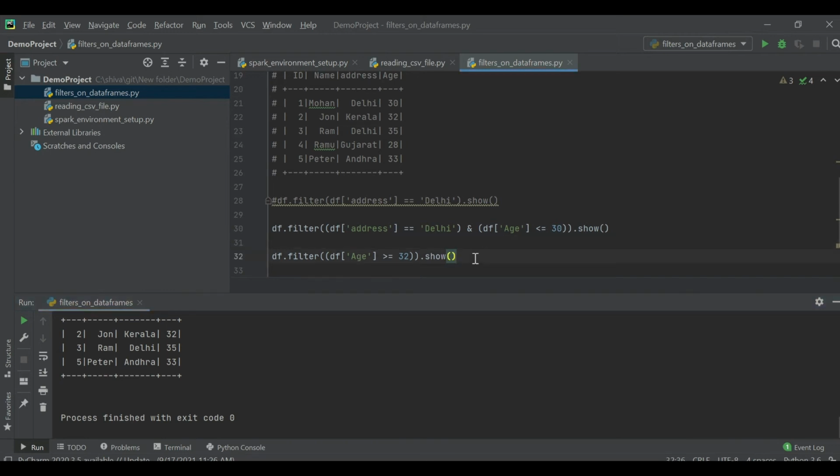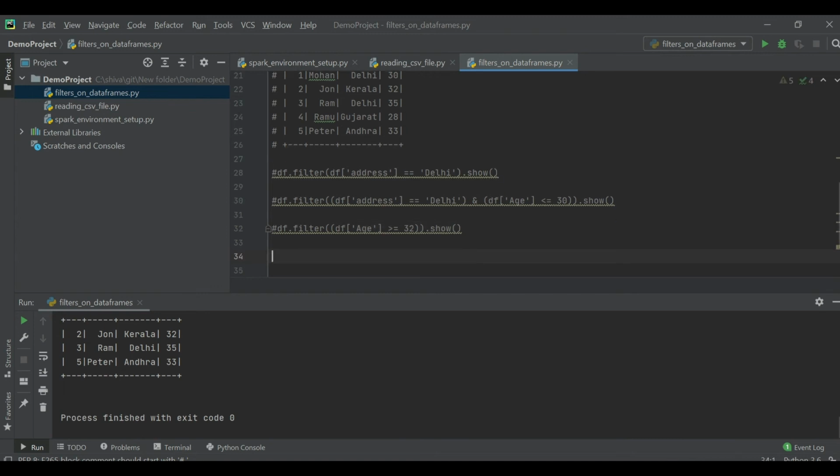So this is how we can put conditions to filter the data. This is the statement I'm using to show the data frame by applying this operation on the same data frame. Let me comment this to skip those executions, and copy this for my last execution.